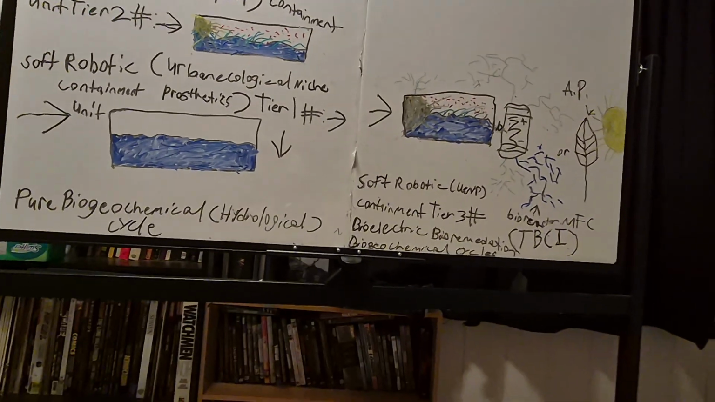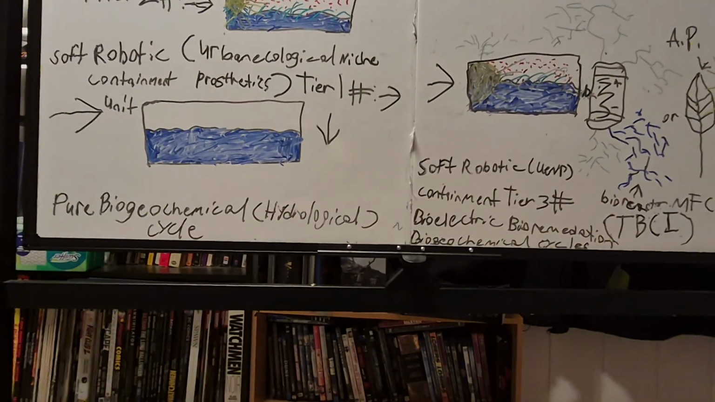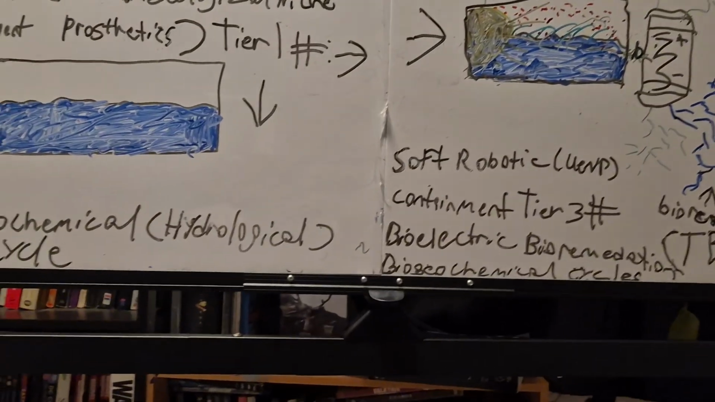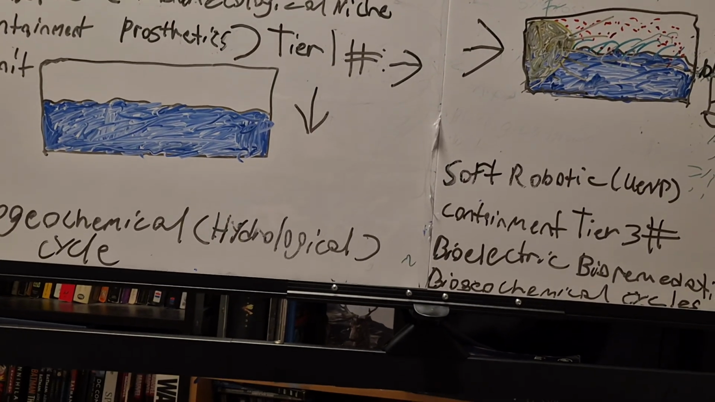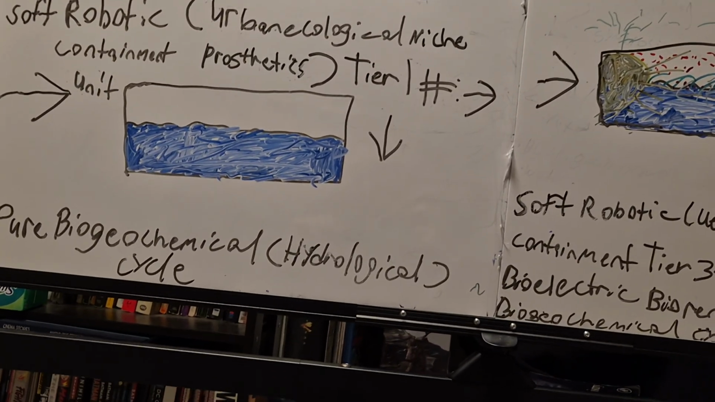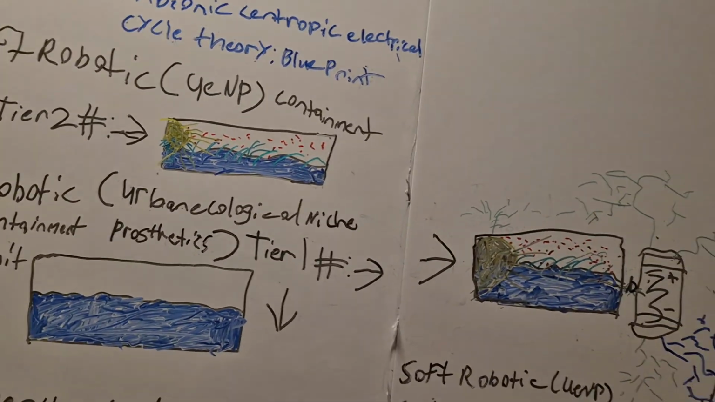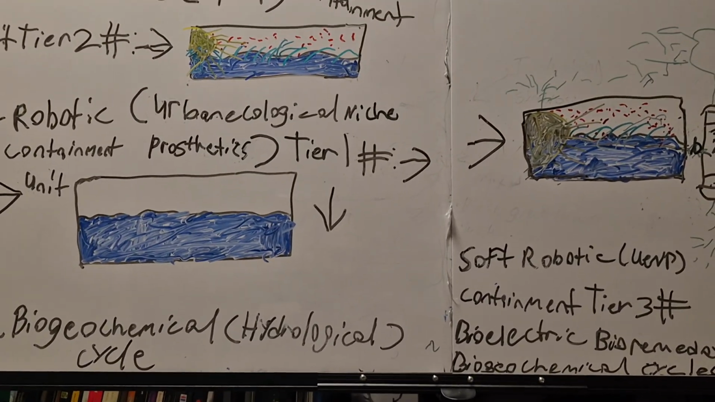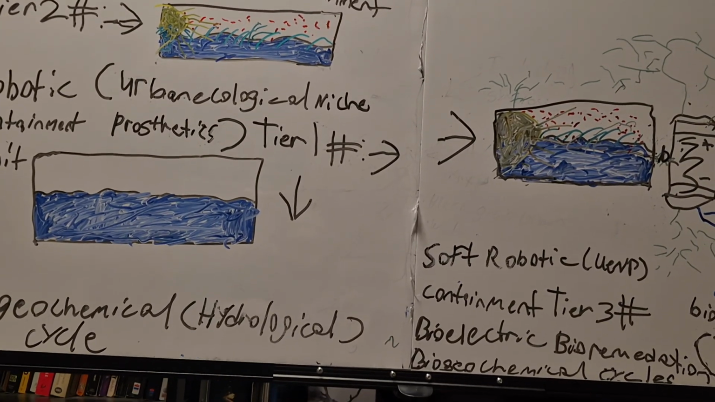I'm going to start with the first tier of my soft robotic biogeochemical containment units or conduits. If you look over to the bottom left corner, this is a soft robotic containment unit or conduit that is meant to house pure biogeochemical abiotic substrate. In this case, all three of the conduits are demonstrating the hydrological cycle, because it is the easiest to demonstrate conceptually, being one of the main 5 primary biogeochemical cycles,